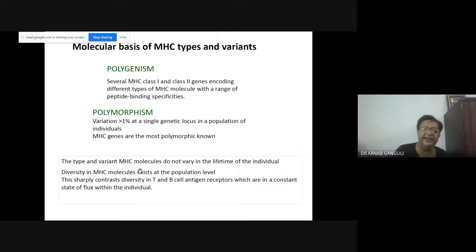The type and variant of MHC molecules do not vary in the lifetime of the individual. তোমারটা তোমারই সারা জীবনে একই রকম থাকবে, তোমার ছেলে মেয়েদের আলাদা হবে। Diversity in MHC molecules exist at the population level. This sharply